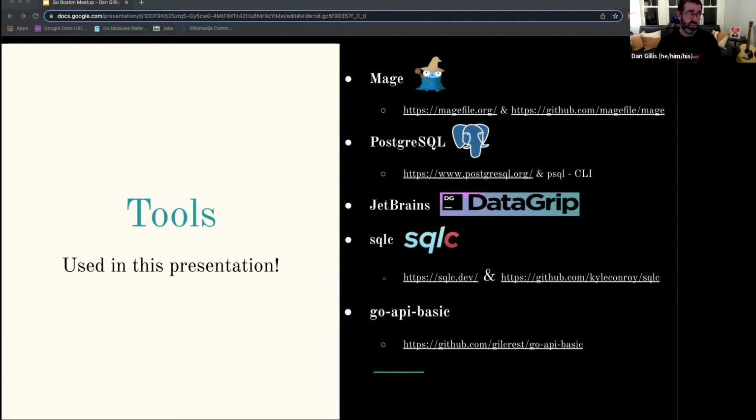I started it just shy of 5 years ago, back in 2017, and the idea was to have as few dependencies as possible. Back when I started, and I think for better or for worse, the Go community ethos was sort of like, use the standard library. And I think we've gotten a little bit beyond that at this point. But when I started, that was very much it. And so I tried to build a project based on that. Someday I might follow up with a presentation about that. But for now, we'll just talk about